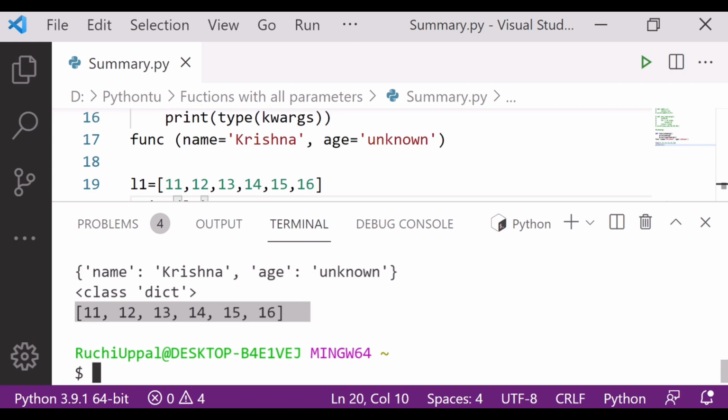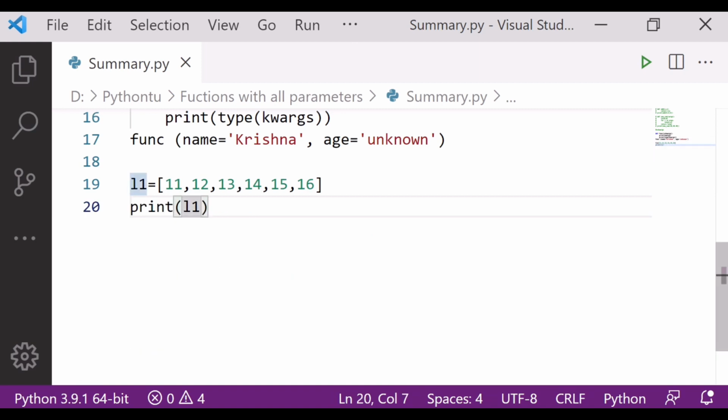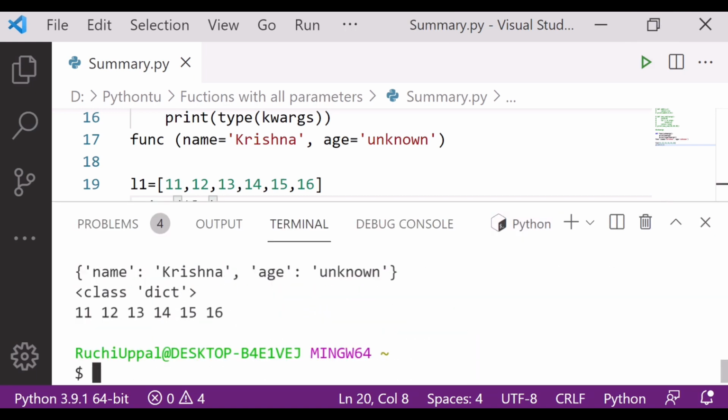If I want to unpack that, I have to use the star, asterisk symbol over here. If I run it again, you can see that list is unpacked. If we put an asterisk before the list L1, the values in the list will be unpacked and stored in the args tuple separately. I hope it is very clear to you.